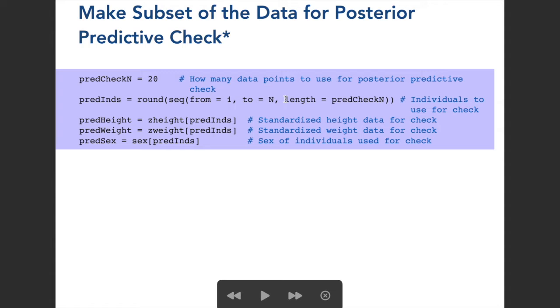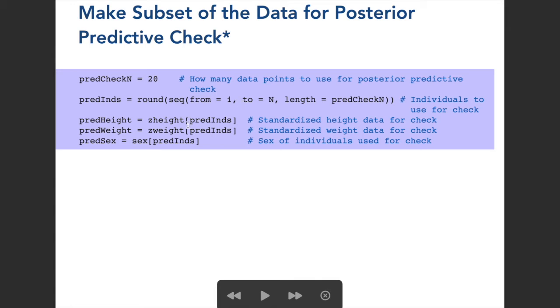We want an indicator of which individuals we're sampling, so we want it to be an integer. So I've rounded those numbers, and that will give us integers. Our predicted individuals, the ones we're going to use for our predictive check, are going to be evenly spaced, 20 individuals from throughout the